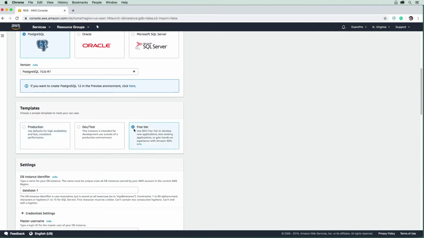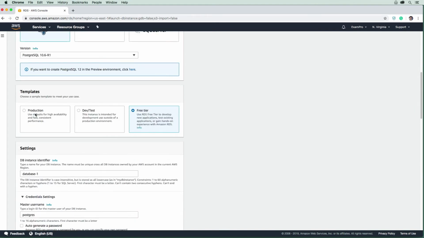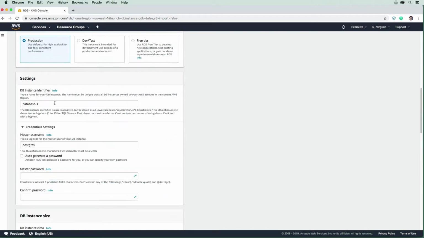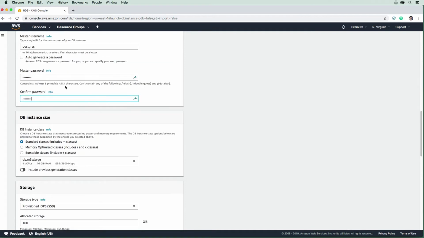And there's obviously the free tier, which is what we will want to use here, but we will configure this so that it will end up as free tier here, and we will learn the options as we go through it. So the first thing is we're going to have a database, so we'll just keep our database name as database1. Then we need to set a master password, so we will set it as Postgres, and we'll see if we can get away with that. Obviously, when you make your real password, you'd use a password generator or let it auto-generate one so it's very long in length. But I just want to be able to work with this database very easily for the purpose